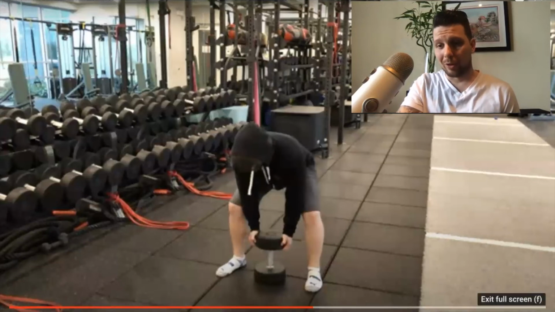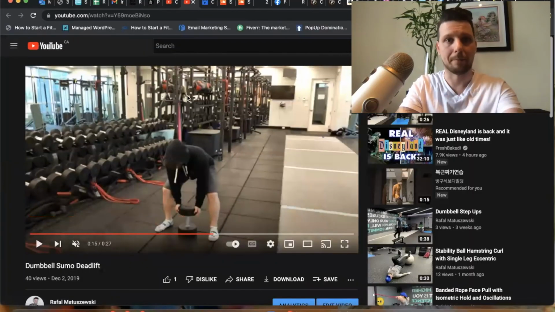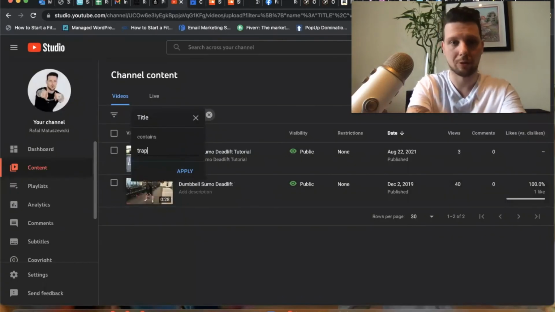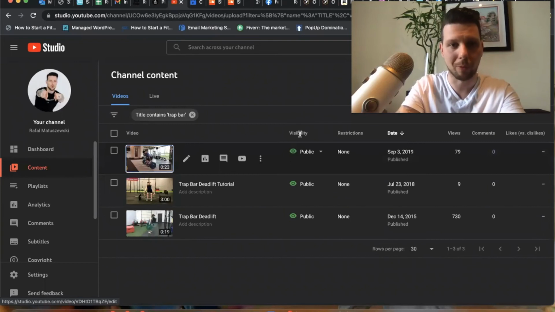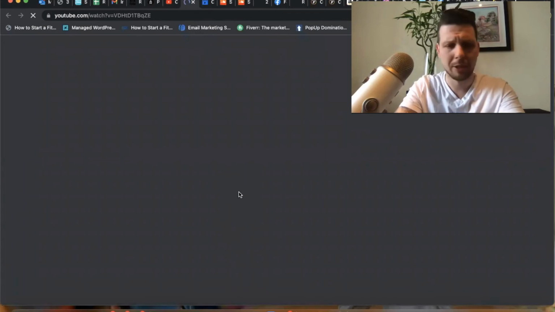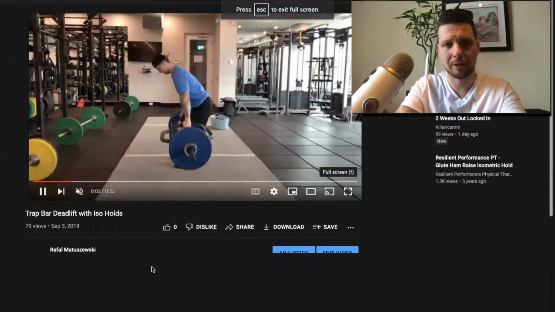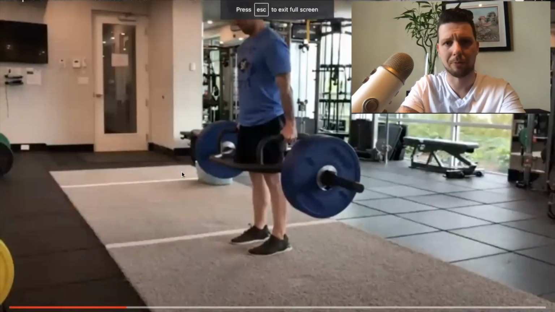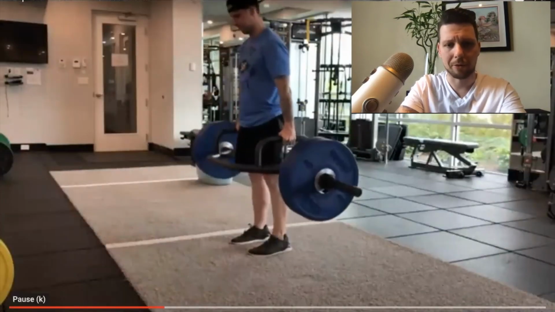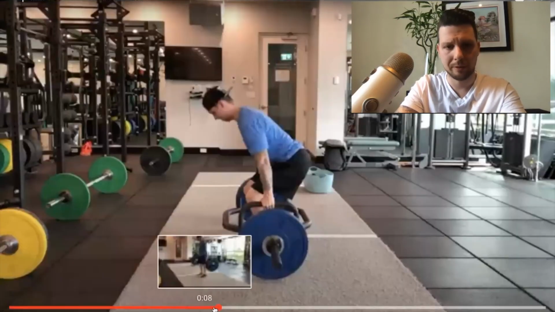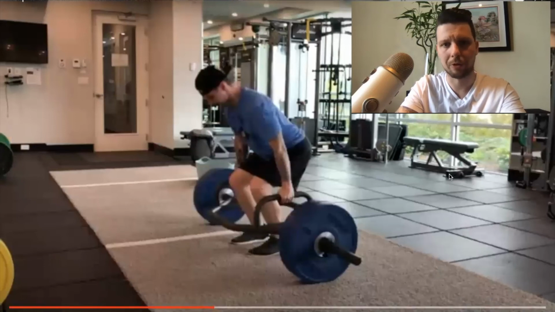So usually when I go from there, I really like getting to the trap bar deadlift. So the trap bar itself, a lot of people will make the joke that it's cheating. I don't think so. Honestly, I think just loading a trap bar, and again, in this case, I'm also doing an isometric hold at the top, but I'm going to try to pause it at the bottom. Here we go. So at the bottom, you can already see that